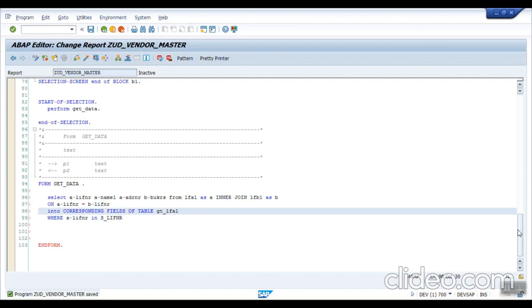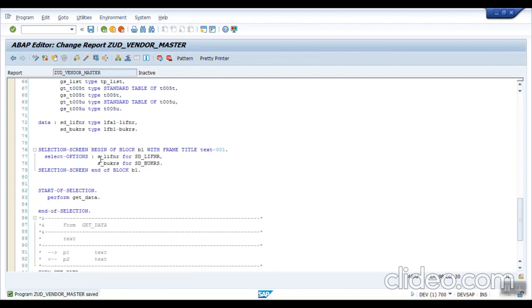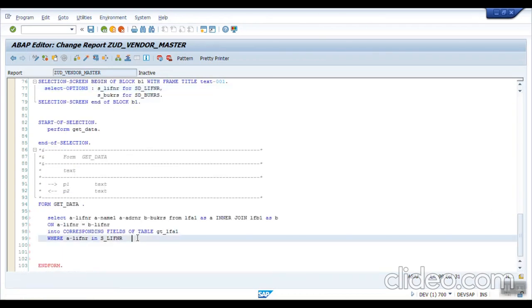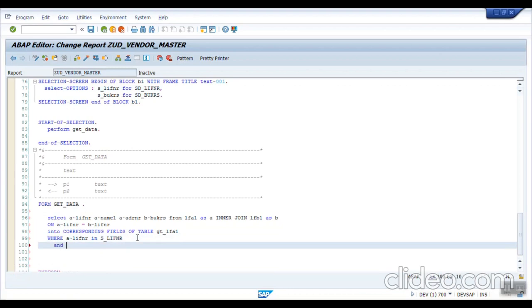If on the screen you have a parameter, that is a single field, then we have to use equal to here. Second, my second field, that is B-BUKRS in S_BUKRS. Save, check, no error, activate.